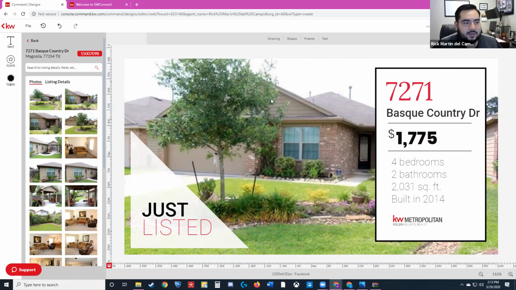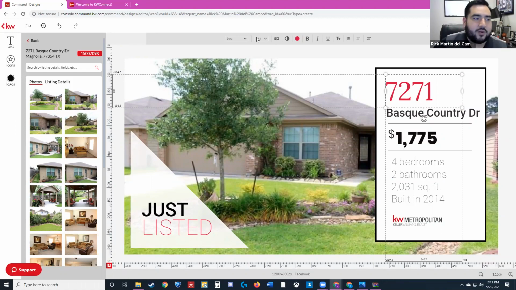If I select the image, it's going to give me the option to reposition, change the color, or change the opacity. It's the same thing for this element, like this triangle element. It allows me to change the opacity, change the color, or even the stroke. So it'll adjust to whatever you're selecting. If I'm selecting text, you'll see that it gives me the options. I'll actually go through all of them really quickly.